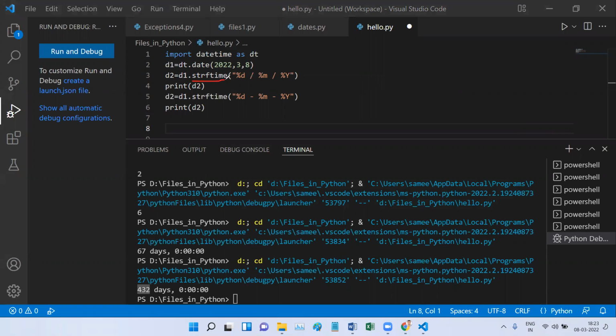It will print the date as per your requirement. You can print the date first, or month first, or year first. You can print in the US format, or in the UK format. That is what helps you format your time, which is why it is called strf, string format time.